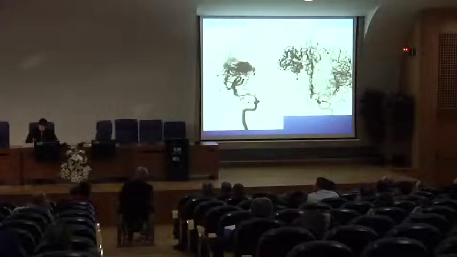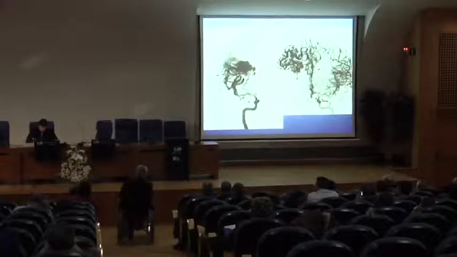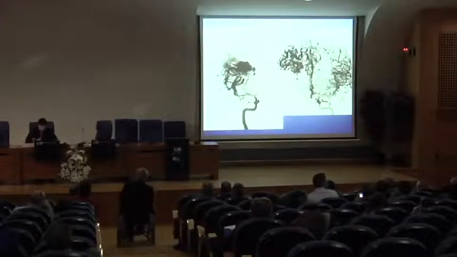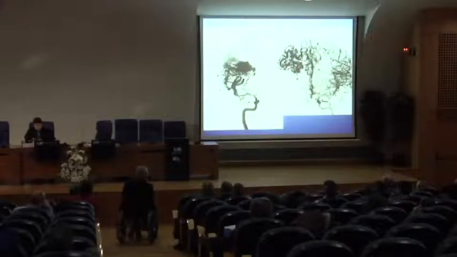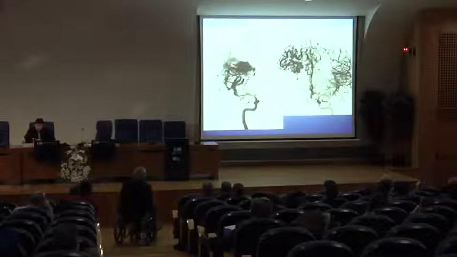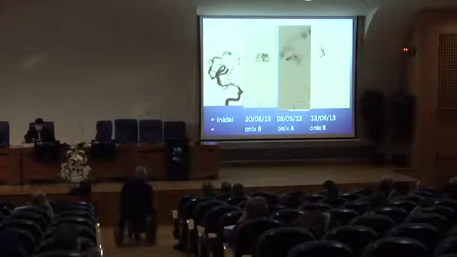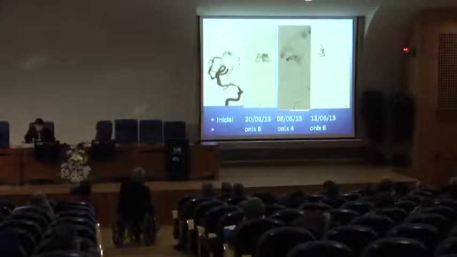And when do you think is the best or most important to treat it? It is to treat the total AVM, but the choice of the vessel to attack the nidus is not the middle cerebral artery, maybe it's the anterior cerebral artery. Next, this is lateral view. Next, on the left is the initial